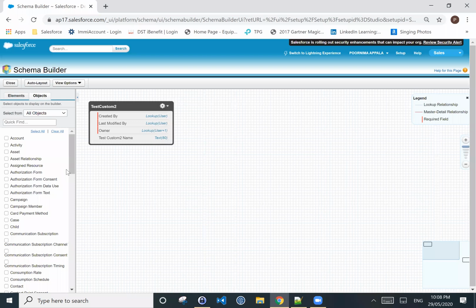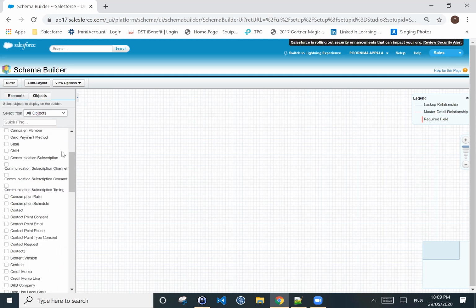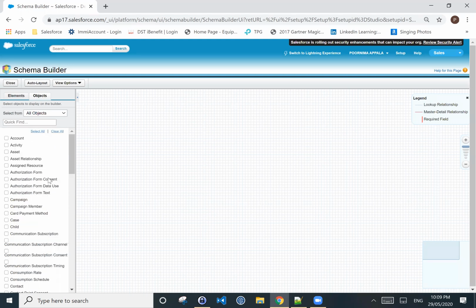Here, see, this line is a lookup relationship. This purple color is a master detail relationship. This is a required field. What the schema builder does is that there is no need to go to the object page.